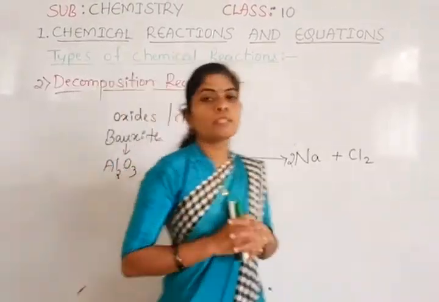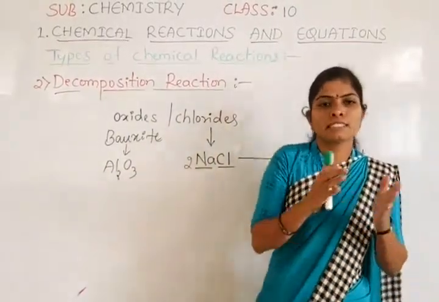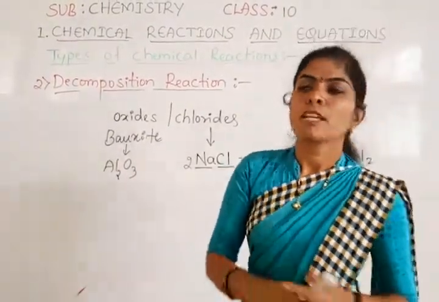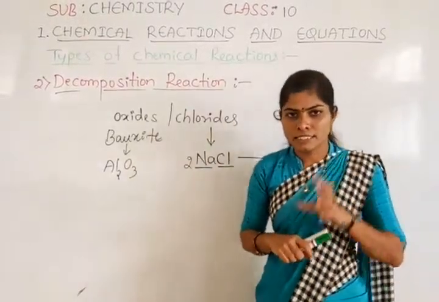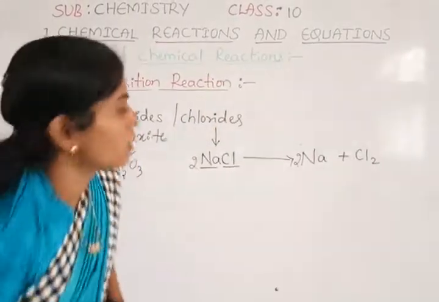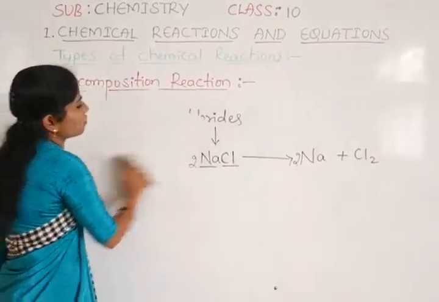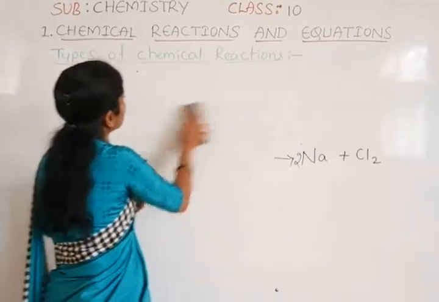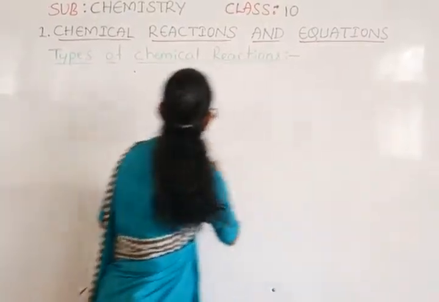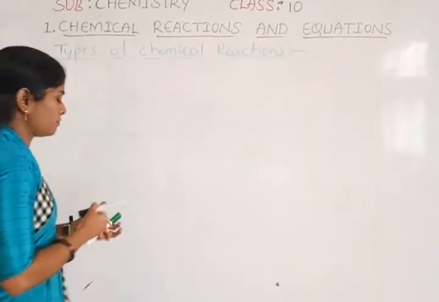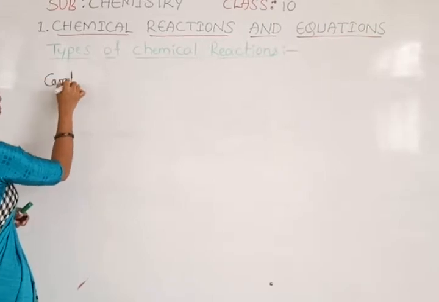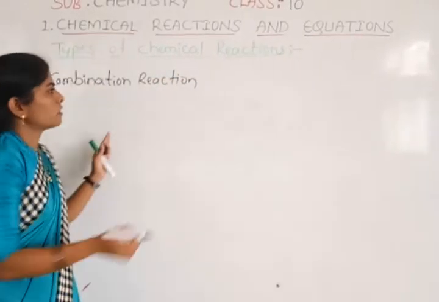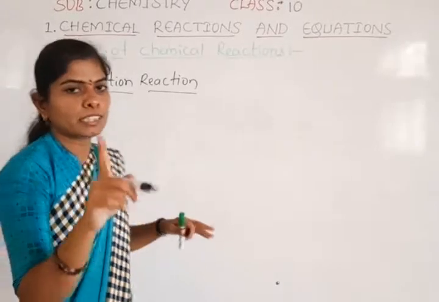And you can observe one more thing here very carefully. When we studied the combination reaction as well as the decomposition reaction, I will write an example of the combination reaction on the board. Now, together, I will speak about combination and decomposition in general. The most common thing we have observed in these two is this: in the combination reaction, when two or more reactants combine, they form a single product.